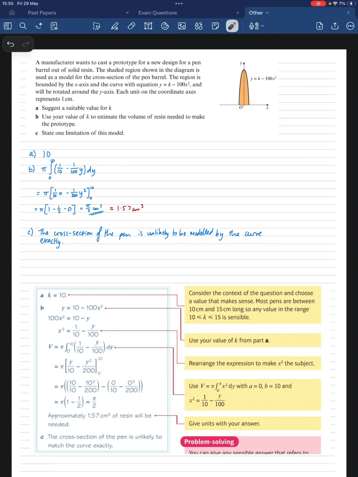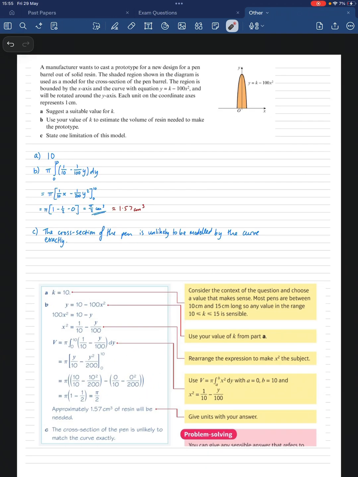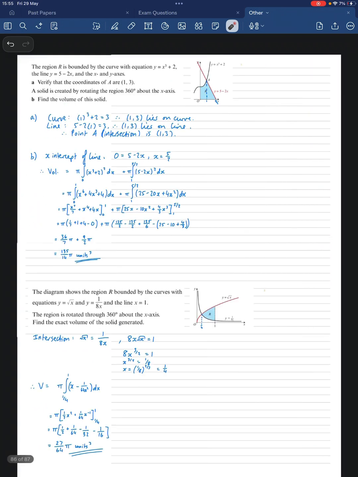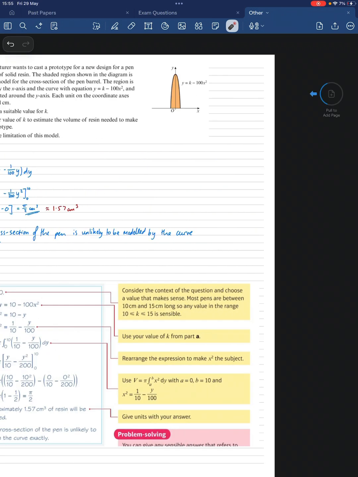But yeah, I hope this was helpful. Modelling, it's just going to be the same thing. You just have to be able to apply it to real life. But yeah, I hope this was helpful. This is the end of the